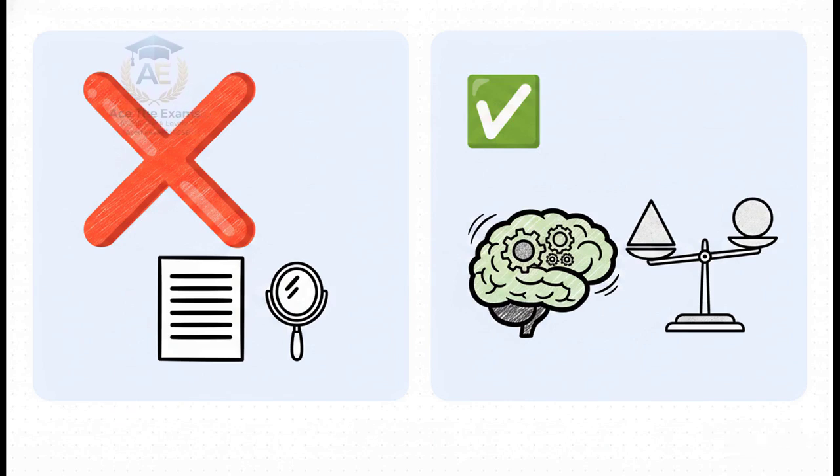Examiners hate this. But look at the right side, evaluative thinking. This is what Sam can achieve when properly structured, and it's what Cambridge actively rewards. Elite candidates don't just list things, they identify similarities and differences, seamlessly linking them with comparative connectives in Afrikaans. They actively question the assumptions of the text, they consider alternative perspectives. Finally, they actually justify their decisions and weigh the relative importance of the evidence. They don't just tell the examiner what the text says, they evaluate how effectively and reliably it says it.